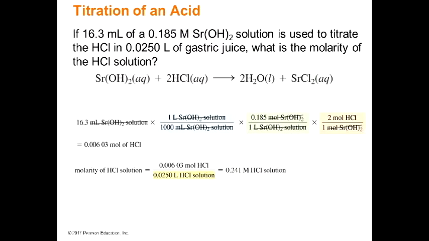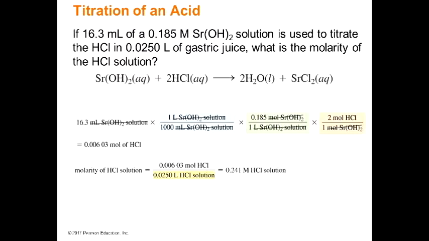Titration looks like it used our old good friend, didn't it? What is that? Our good friend, dimensional analysis, which we love. Okay, if 16.3 mL of 0.85 molar solution is used to titrate HCl